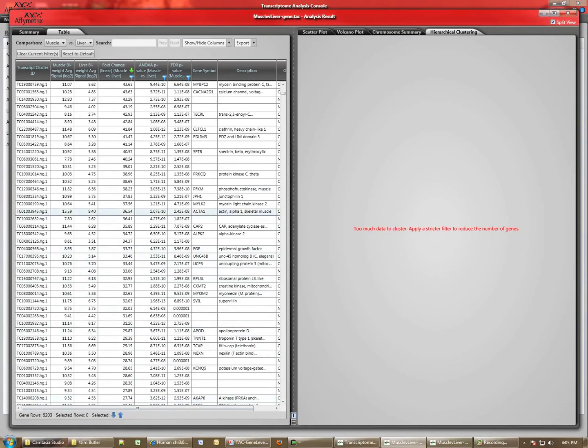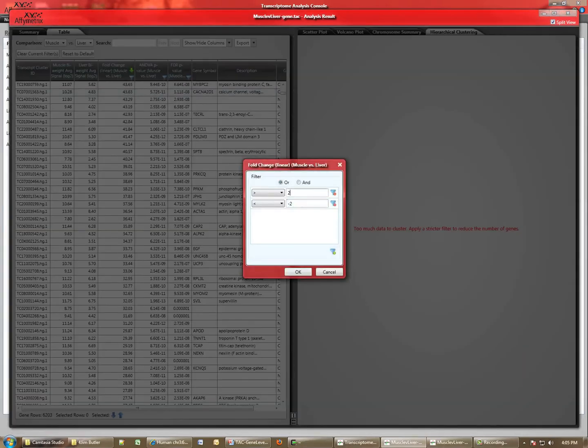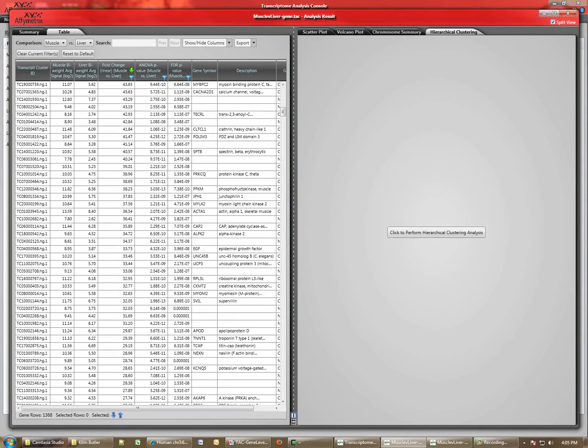So in addition to this, let's also go ahead and adjust the fold change. We'll right click on the fold change and look for things that are only expressed by large amounts. So let's go less than or greater than 6-fold, and less than -6-fold change. Okay, so now you can see we're down to about 1,300 genes, and so we're able to perform the hierarchical clustering. So let's go ahead and hit that, and after a few short seconds